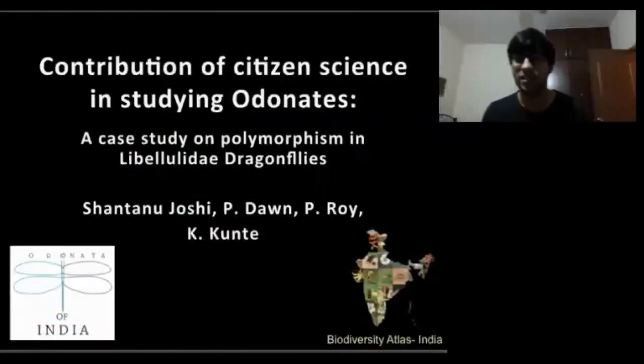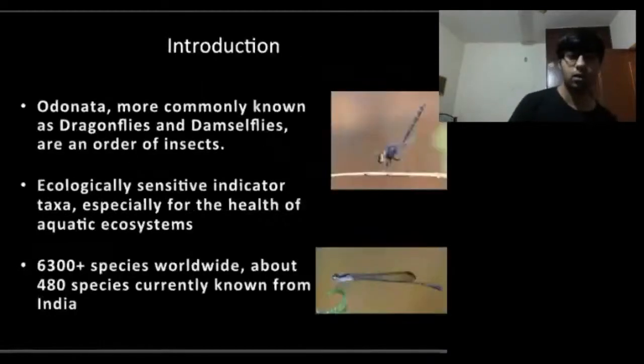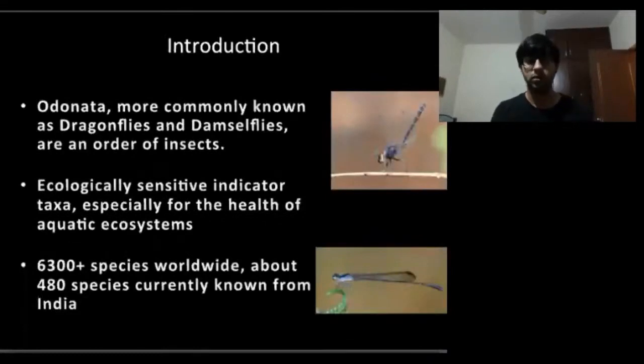Hi everyone, this is Shantanu Joshi, and today I'm going to talk about contribution of citizen science in studying Indian odonats. And specifically, I'm going to talk about a case study on polymorphism in a family of dragonflies called Libellulidae. Just to give a brief introduction, Odonata is an order of insects, more commonly known as dragonflies and damselflies, and